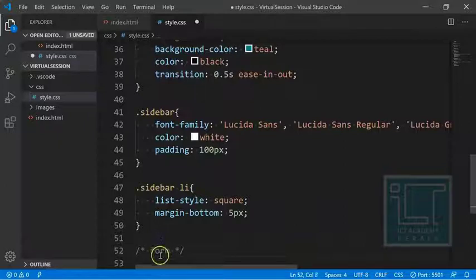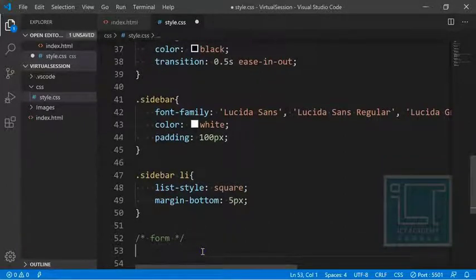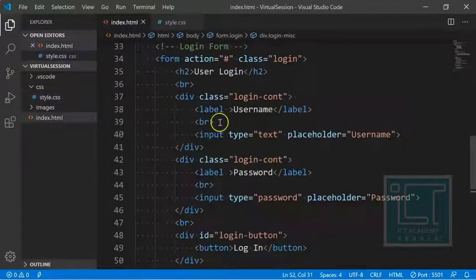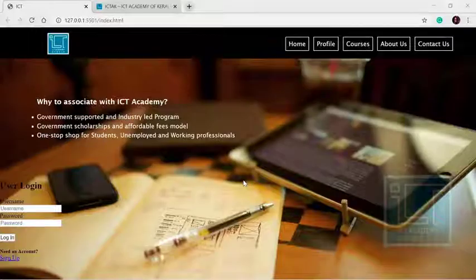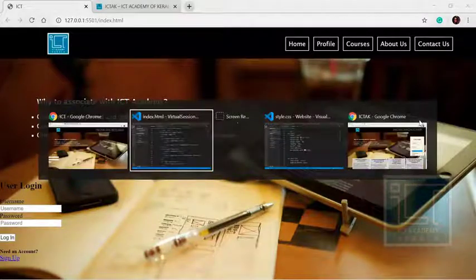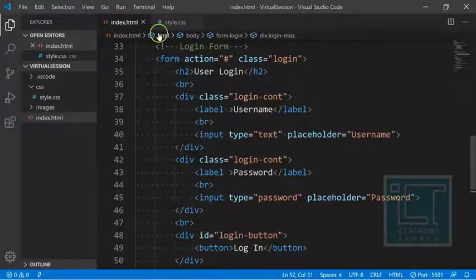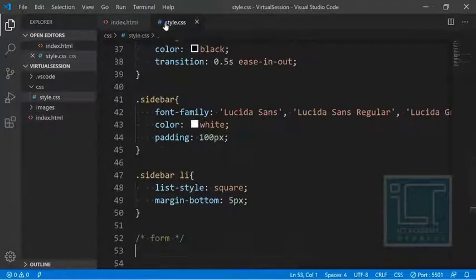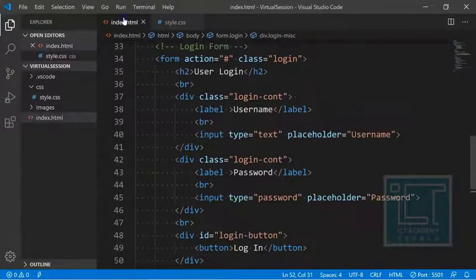Okay, so just for my information, I'm doing it like this. Inside the form, first of all, I have to move this whole content to the right side. In order to move the contents, what we have already talked about is float. So first of all, I have to call this entire form.